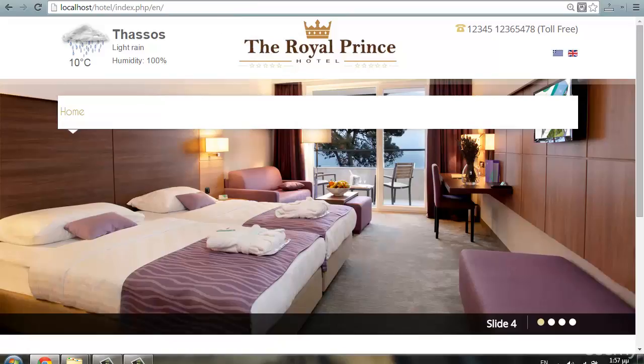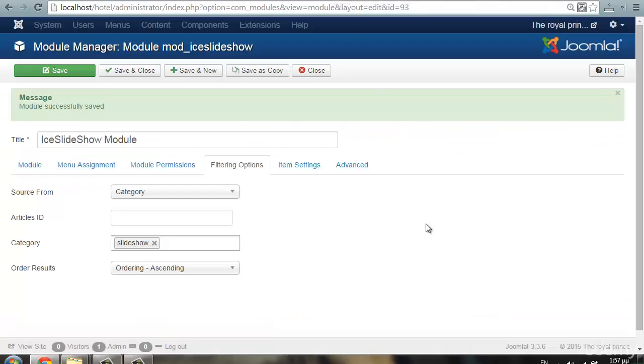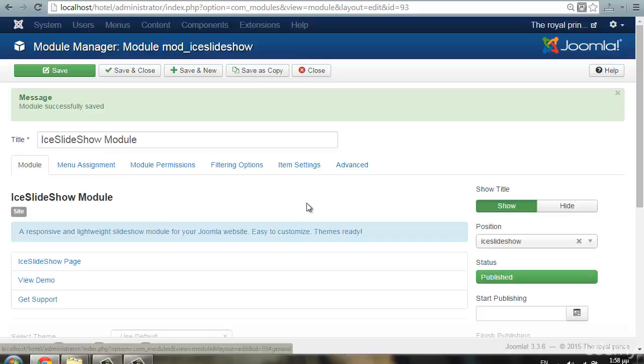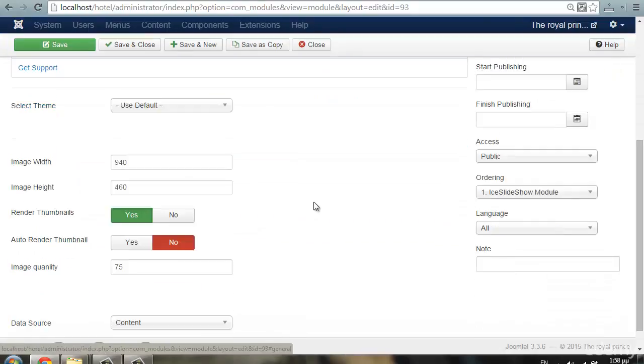Let's go again to the administration panel. If you pressed the save button, you'll be on the same screen here in the slideshow module settings. If you pressed the save and close button, you should now go to extensions, module manager, and click on the ICE slideshow module. Now click on the module tab. If you scroll down, you'll see some more options here. You see the image dimensions,